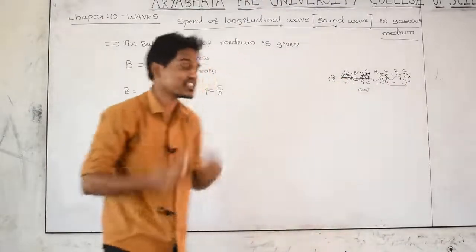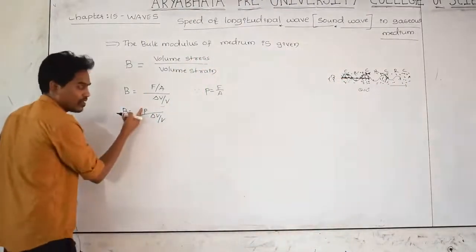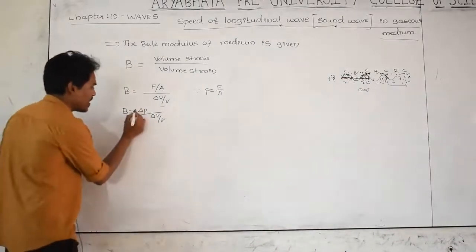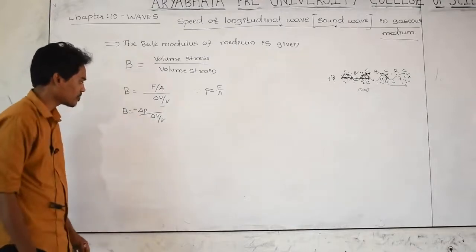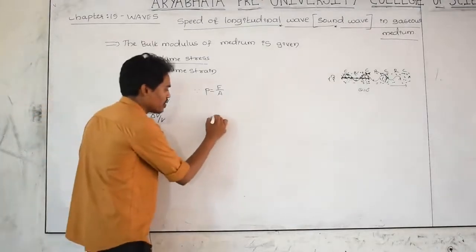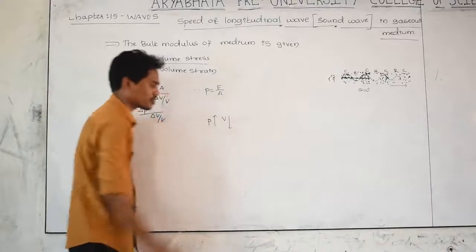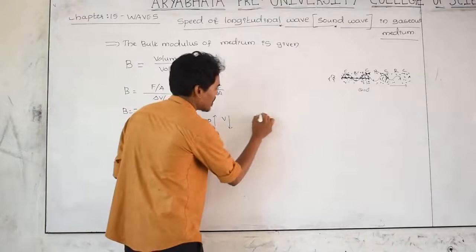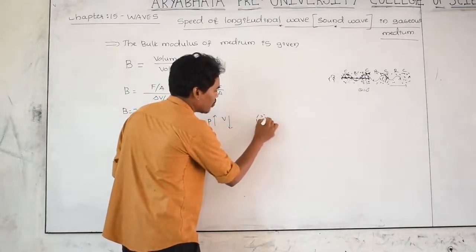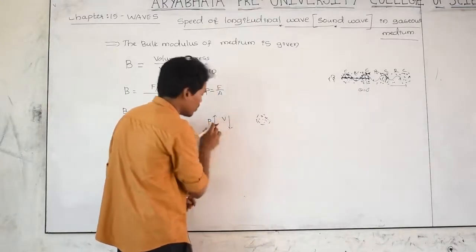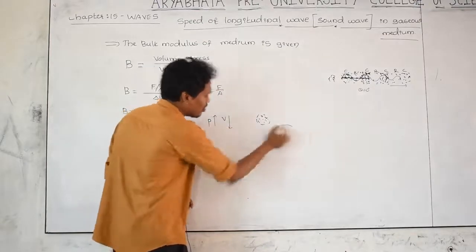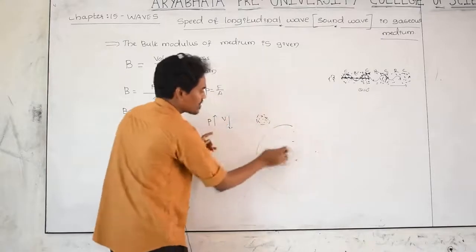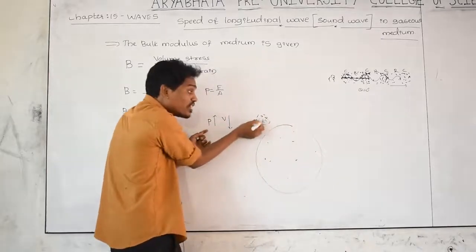Change in the pressure can be written as delta P. And I am taking a minus sign. What is the minus sign? More the pressure, then volume decreases. Let us take, these are air particles. Here more the pressure, volume is less; or more the volume, lesser is the pressure. Lesser is the volume, more is the pressure.